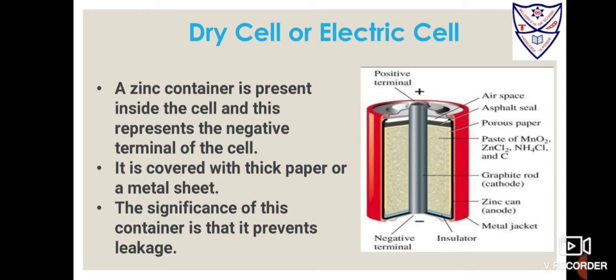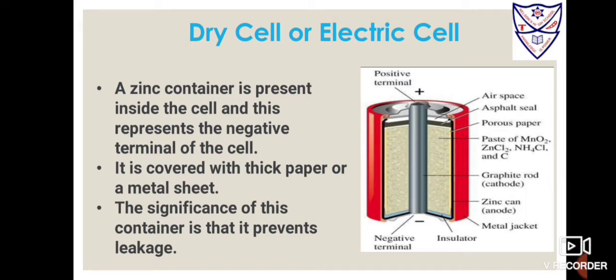Students, let's know the components of an electric cell. A cell consists of an outer covering made up of zinc. At the center of the container is a carbon rod with a metallic cap, which is made up of brass. This carbon rod is surrounded by a mixture of manganese dioxide and charcoal powder. The remaining space inside the zinc container is filled with a thick paste of ammonium chloride.